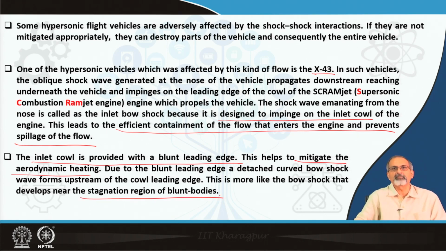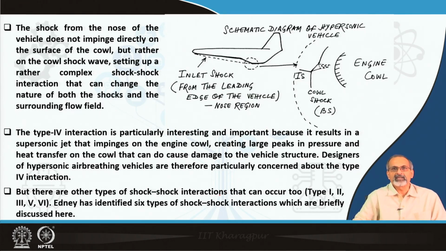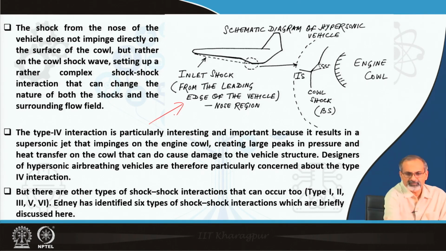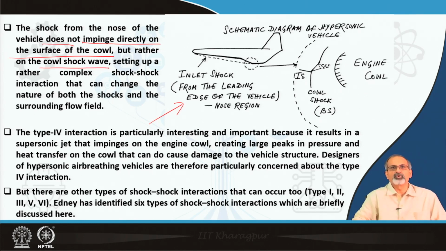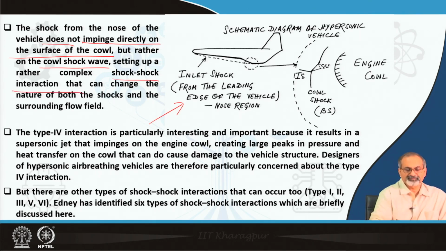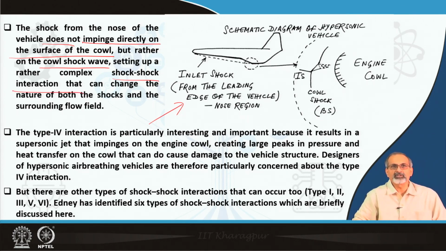So, we once again recapitulated some of the facts. Additionally, we got some more information. The figure that we had seen earlier, we are revisiting it here, and we are revisiting it with a purpose. The shock from the nose of the vehicle does not impinge directly on the surface of the cowl, but rather on the cowl shock wave, and that is where the two shocks start interacting with each other. This sets up a rather complex shock-shock interaction that can change the nature of both the shocks and the surrounding